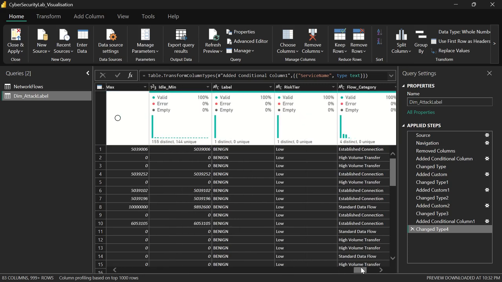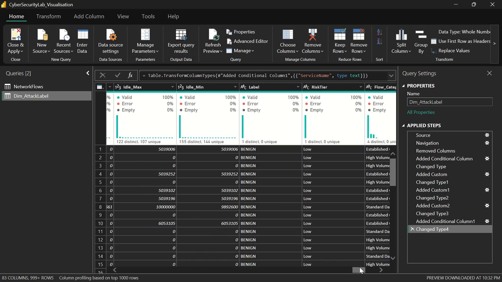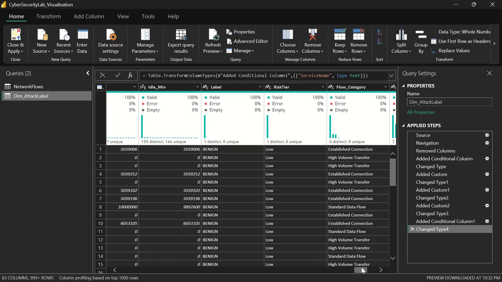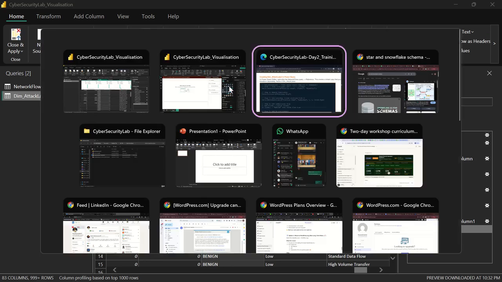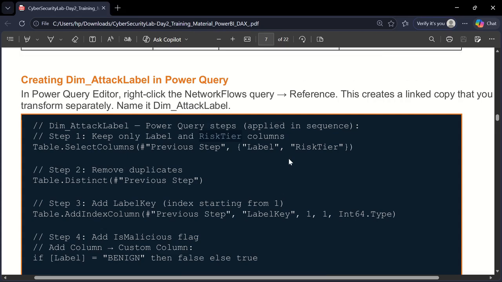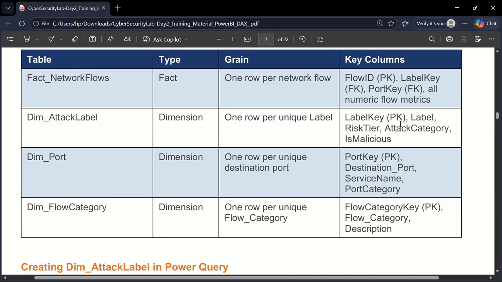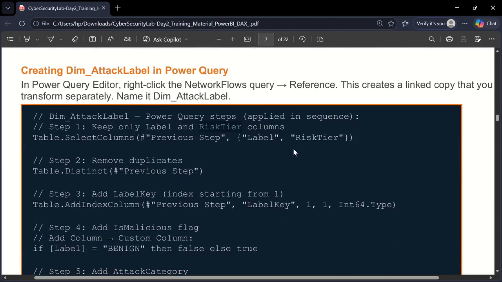So the RiskTier and the label. Let me check again what columns we have here. We will need the RiskTier, label and is malicious. All right, so I'm going to leave just those two,